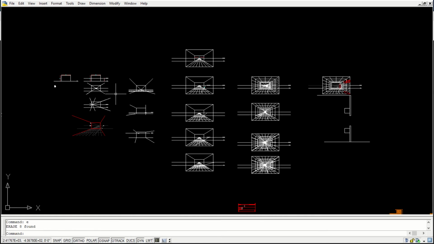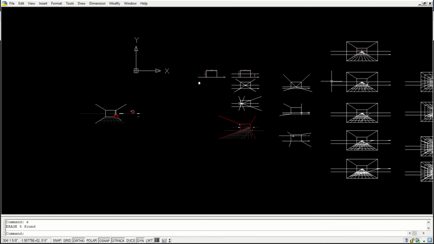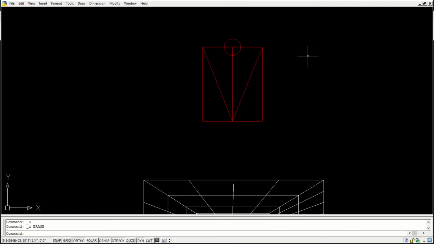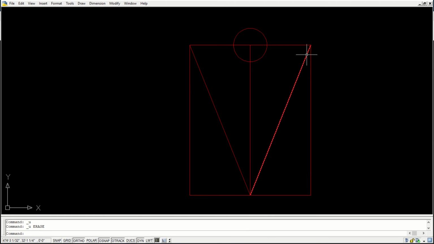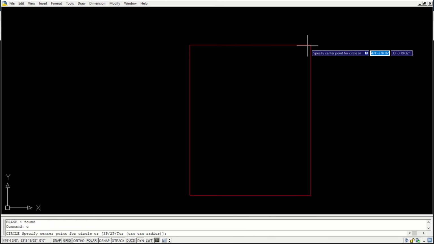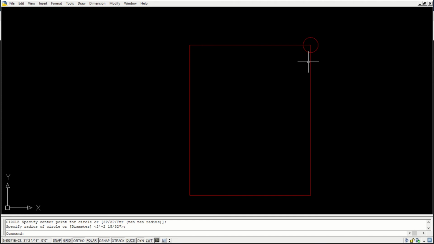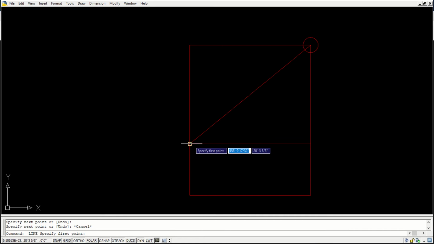Whereas in 2 point perspective we are trying to look at the object in a diagonal way. Let's say, for example, I'll erase this, and this is our vanishing point. We are trying to observe like this.